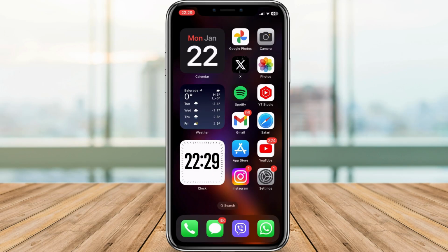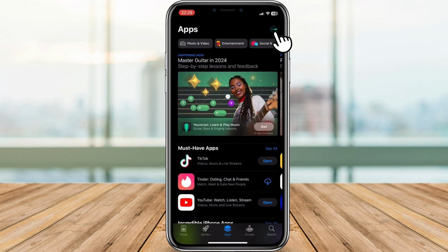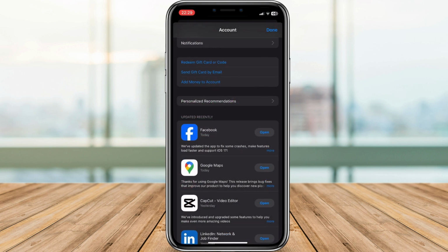Now, let's talk about keeping your apps up to date. App updates not only bring new features, but also address any potential bugs or security vulnerabilities. Open the App Store, go to your profile picture, and find the available update section. Here you can see that I don't have updates. If you have it, tap Update All to ensure you have the latest versions of your apps for the best